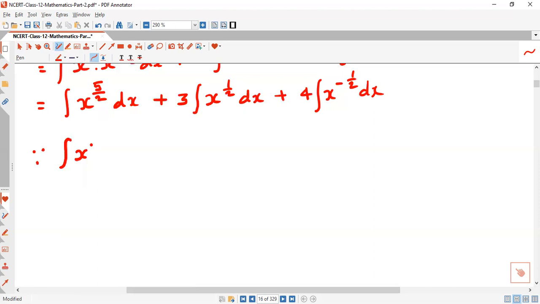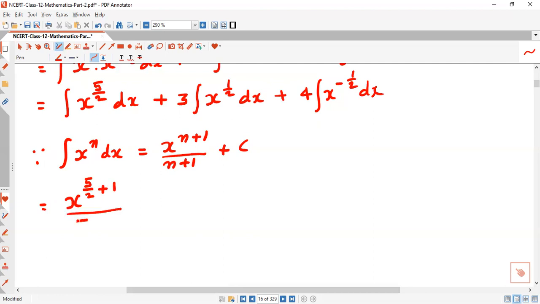Since the formula is the integral of x raised to n dx equals x raised to n plus 1 divided by n plus 1 plus some constant c, we use this formula to find the integration. So we see that we are getting x raised to 5 by 2 plus 1 divided by 5 by 2 plus 1, plus 3 times